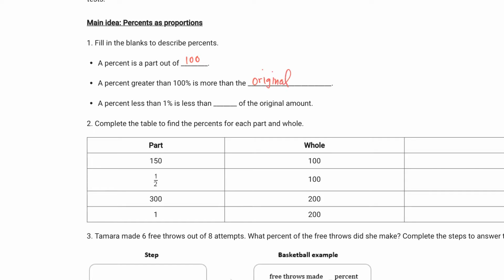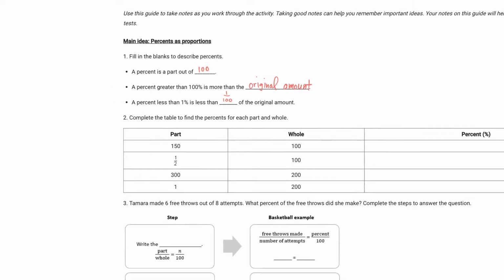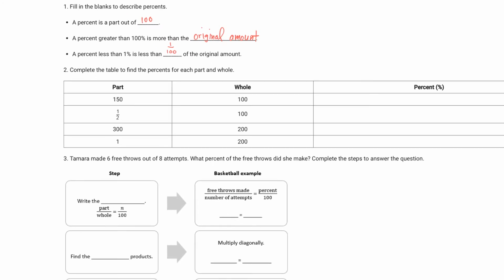A percent less than 1% is less than 1/100th of the original amount. And now we have a table here. We'll fill out this parts of the table where we have,